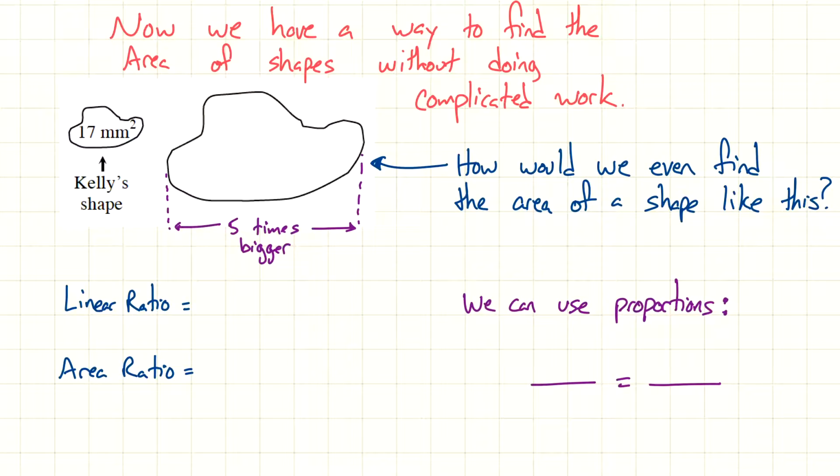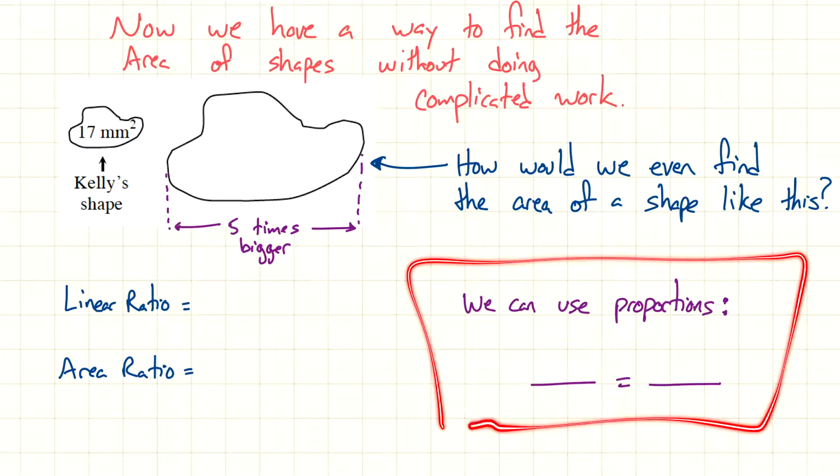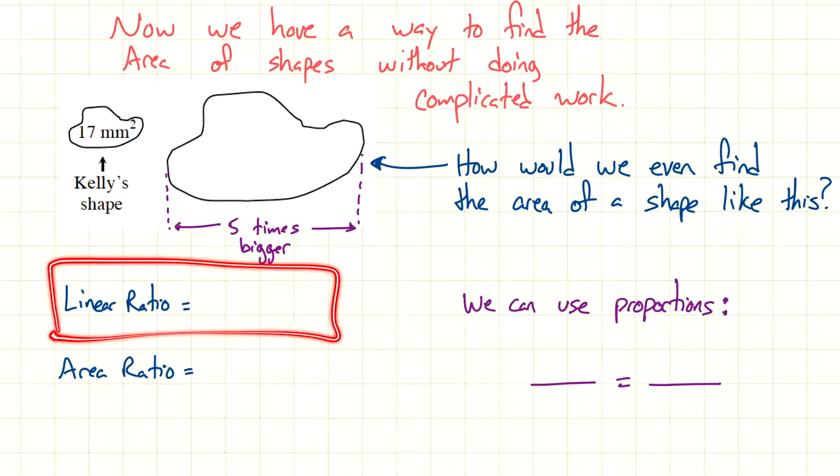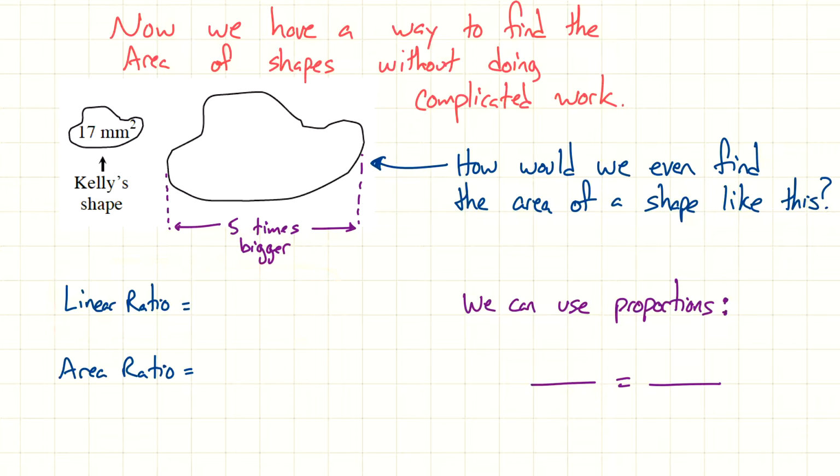Once we know the area ratio, then we could use proportions, which is another method that we are already familiar with to solve. So first question for you: what is the linear ratio? See if you could get this correct. If you said 5/1, then you would be correct. Or if you said 5, that's fine as well. But 5/1, I like to leave it as a fraction